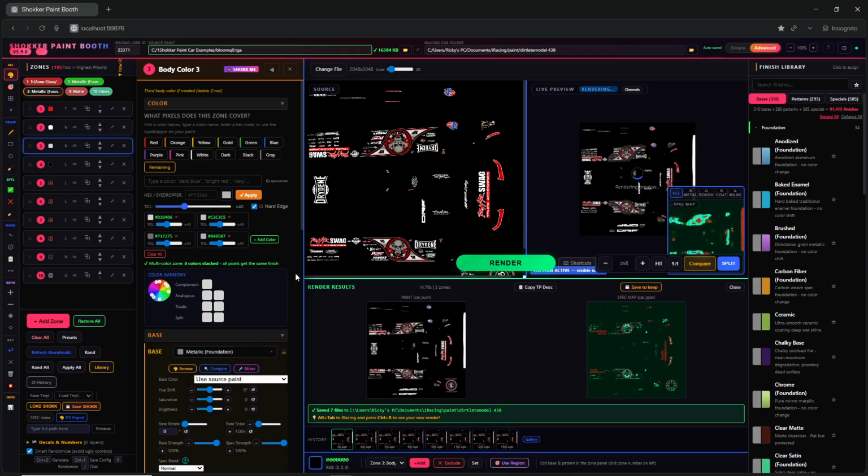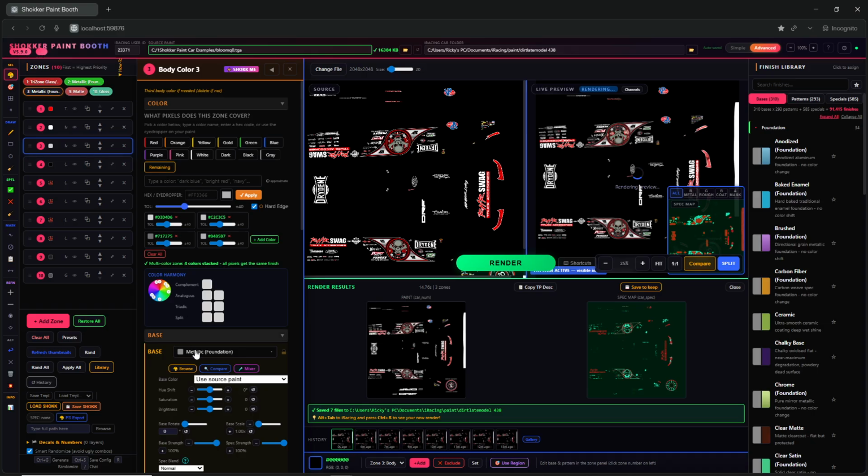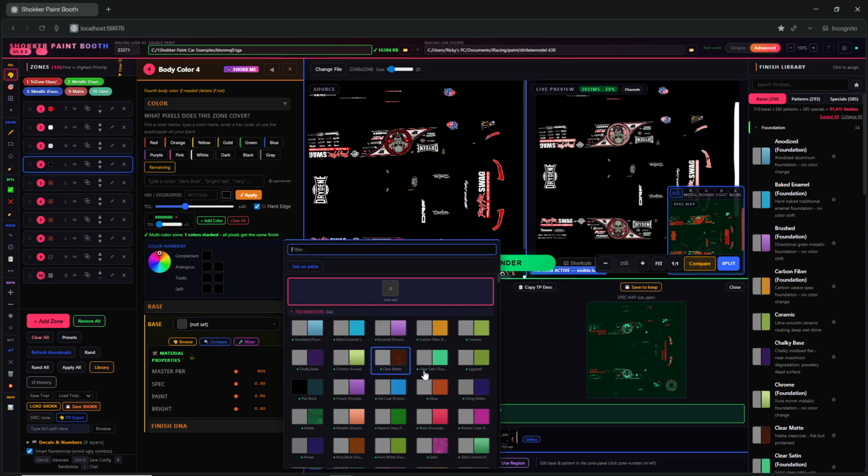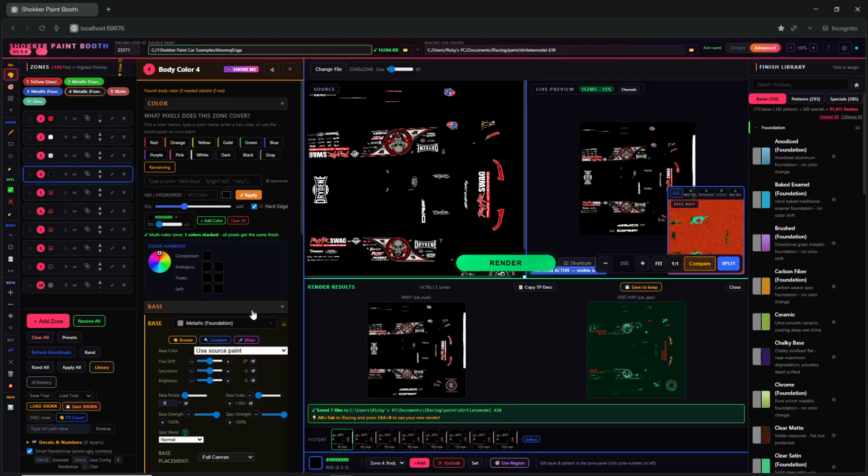And I'm not going to change anything else. I'm going to leave that alone. Zone 4, here's where we're going to play a little bit. I'm going to change this to a metallic base. Yeah, we'll start with a metallic base because we're going to do some other stuff with this. So let's try a metallic base,